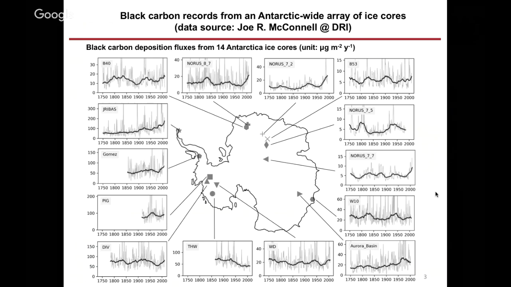Here we're trying to use the Antarctica ice core records of black carbon deposition to get the history of the fire in the southern hemisphere. In total, we got 14 different ice cores, and you can see they cover a wide range of geographical locations over the Antarctica. The different ice cores can be sensitive to emissions from different continents. So we think that this data set can be very valuable for evaluating our